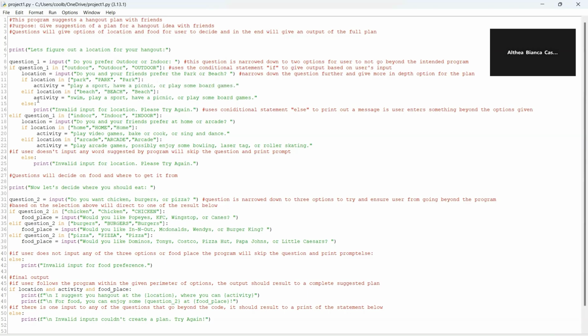However, in another case, if the user decides to go beyond the option and choose a location not given by the program, beyond park or beach, for example, the program will then skip these options and go to else and print out the line of invalid input for location.